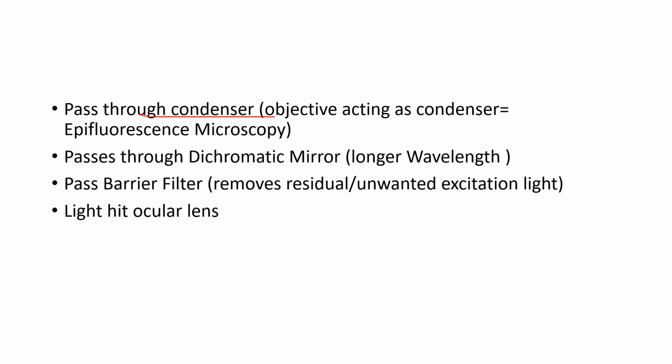They will pass through it and hit our barrier filter, which will further ensure that only long wavelength light rays are hitting our ocular lenses, and all the other unwanted excitation light rays, which might be coming from an unspecified or unrequired area, or might be coming when the molecules are returning to the ground state and giving some other light rays other than longer wavelength. So the barrier filter is basically to be on the safer side, so that all the unwanted excitation light gets removed and only long wavelengths hit our ocular lenses.